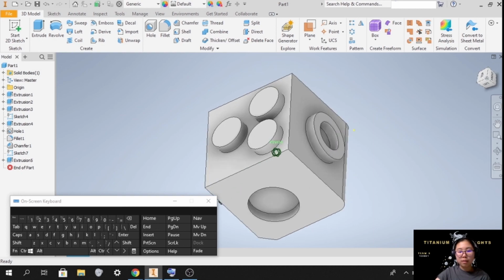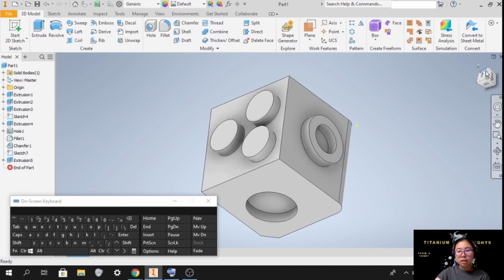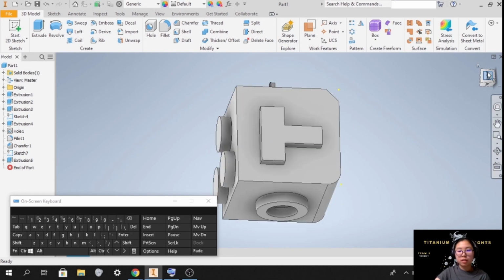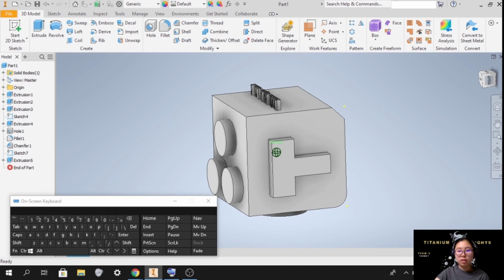Okay, so now we have our finished cube, each side representing something different that you can do using your keyboard on